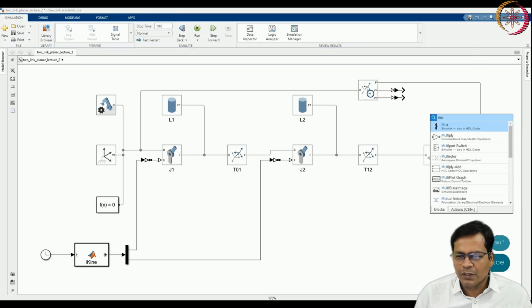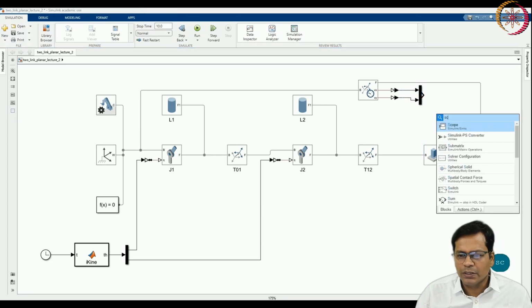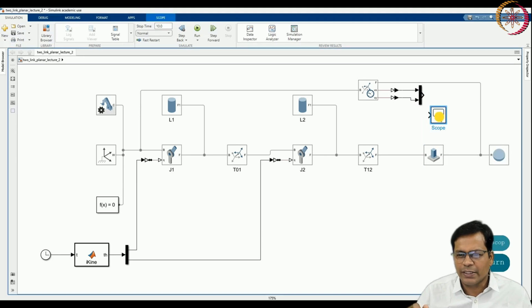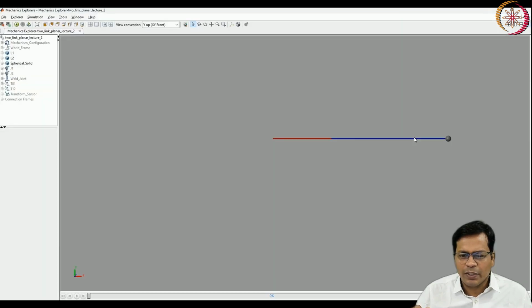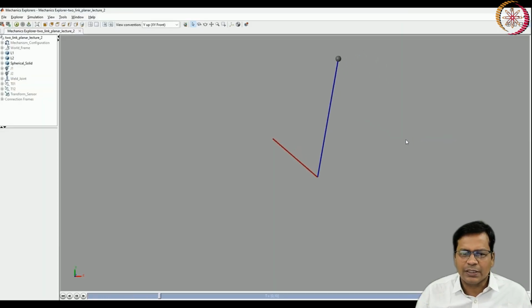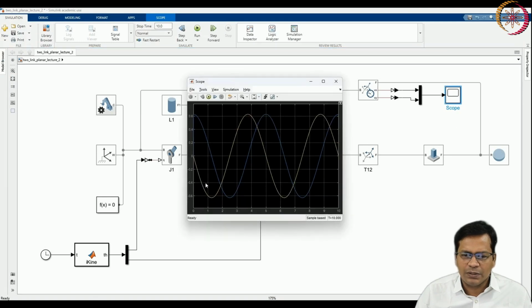Again I will use a mux which will combine them together into one single stream, and I will put a scope here so as to visualize the data coming from this block. I will run it and see how it is coming. You see, when the simulation is executing, creating a circle, how the end effector velocities are happening. Once it is run, I can directly double click on the scope and get the velocities.